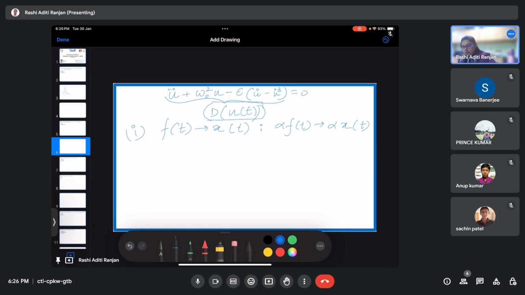So if it is linear, d of alpha of u(t) should be equal to alpha into d of u(t). Okay, so what we'll do, we'll just replace u of t by alpha of u(t) in the main equation and see what happens. So if I put alpha into u of t in the place of u double dot, it is going to become alpha u double dot of t. Then here it will be omega naught square alpha u